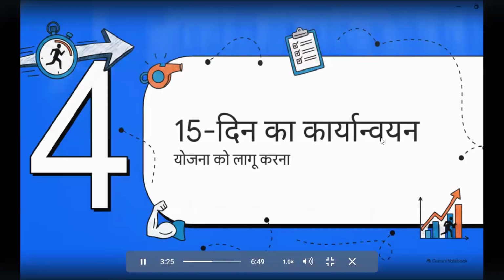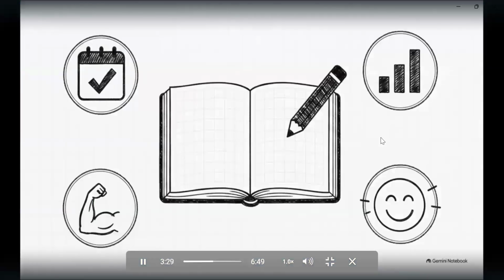अब बढ़ते हैं चौथे और सबसे एक्शन वाले चरण की ओर, 15 दिन का कार्यान्वयन। ये पूरे प्रोजेक्ट का दिल है। आपने जो प्लान किया उसे ग्राउंड पर लागू करना है। और सबसे खास बात, आपको हर दिन का रिकॉर्ड रखना है। अटेंडेंस से लेकर 1 से 4 के स्केल पर स्किल डेवलपमेंट, फिजिकल प्रोग्रेस और एथलीट के आत्मविश्वास में क्या बदलाव आ रहे हैं, सब कुछ नोट करना है। आप किसी भी चीज को बाद में याद रखने के भरोसे नहीं छोड़ सकते।